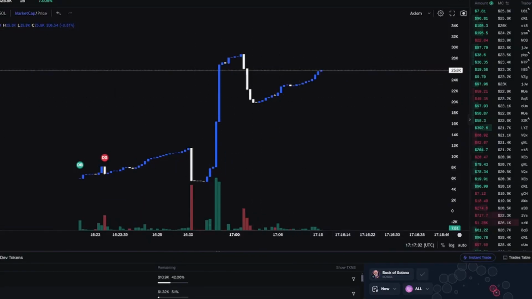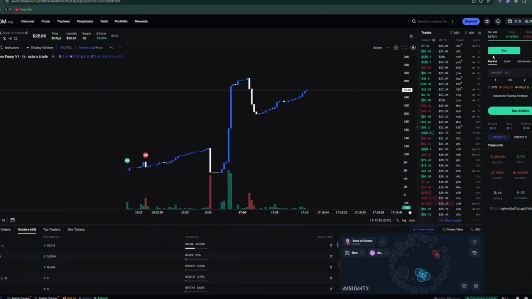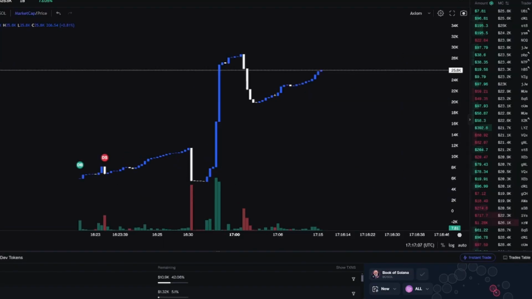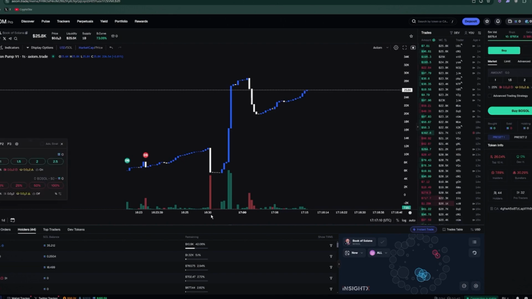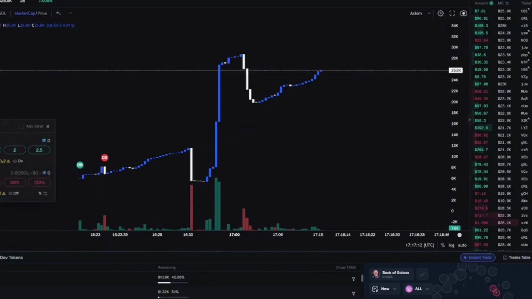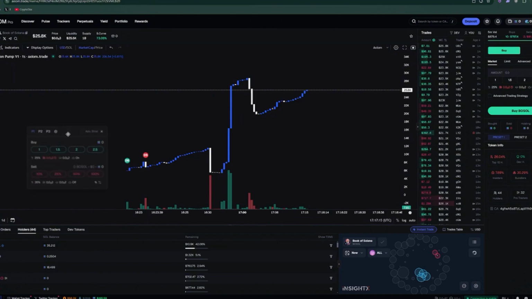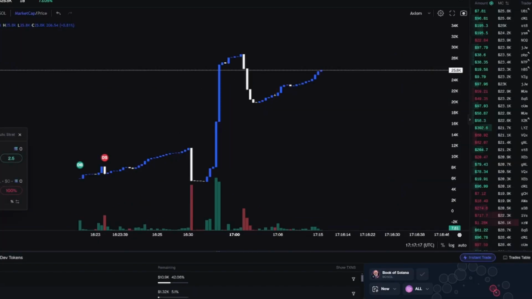Leaving the trading window, I've already discussed the trading window here. Next is your buying and selling. As you can see, you can buy and sell and click Insta Trade and pop up the same as the Bullx buy and sell window here. The way you want to edit this is if you just click into presets here,